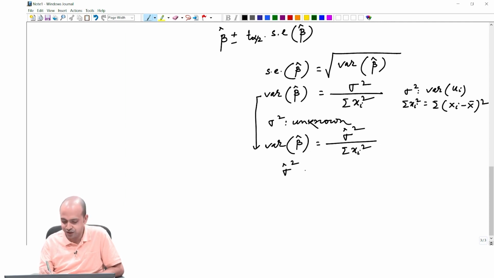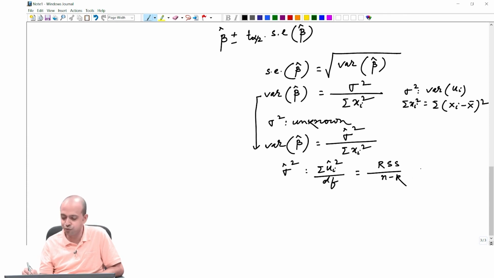Sigma hat square is basically summation ui hat square divided by its degrees of freedom. That means sigma hat square is nothing but your residual sum of square divided by the degrees of freedom, and what is the degrees of freedom? It is n minus k,